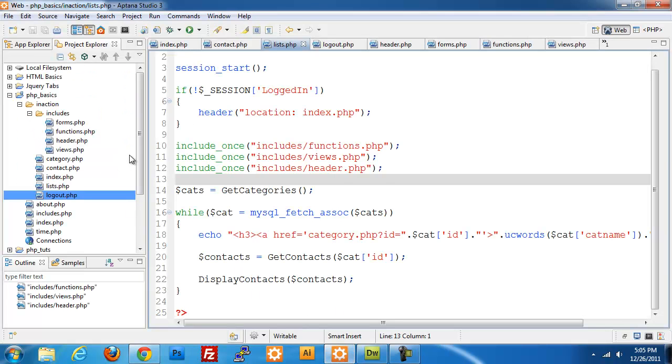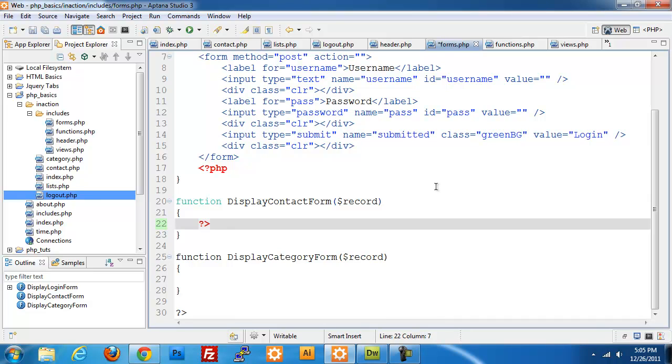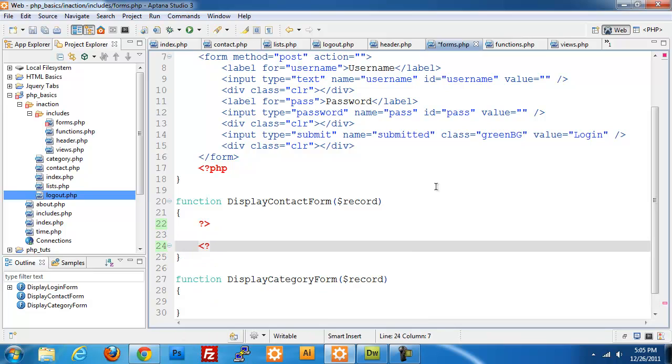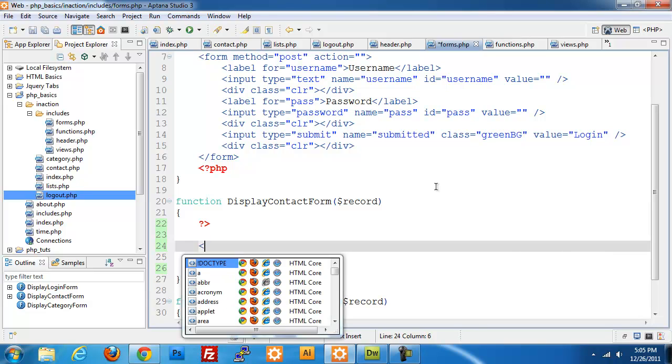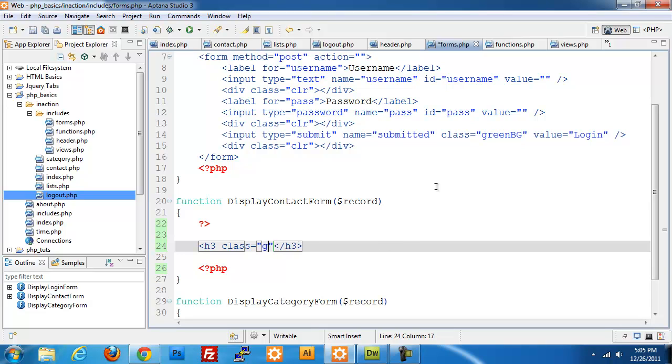So I am going to start that now. I'm going to switch over to my editor, and then under my forms.php page, in this display contact form piece, that's where I'm going to start it. So I'm going to do a closing PHP tag and then open it right before the closing function bracket. So we need to do h3 class. We'll set that equal to GrayVG, so that it uses the same class as our login piece. And then I'm going to echo our record